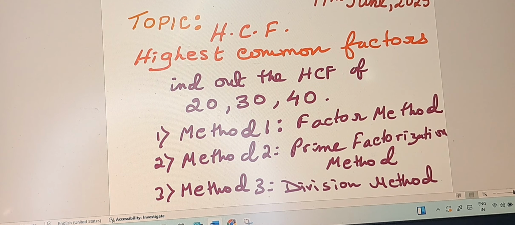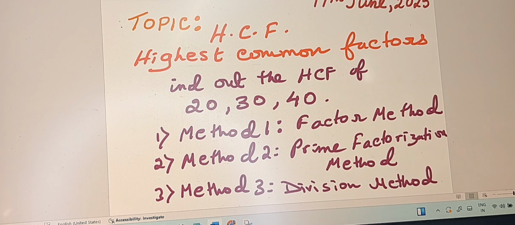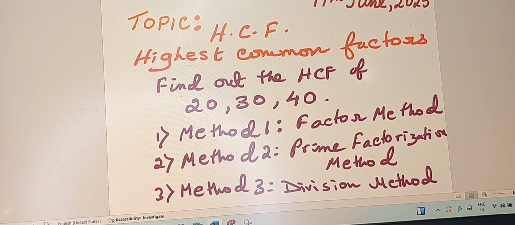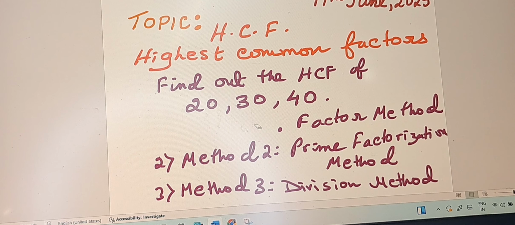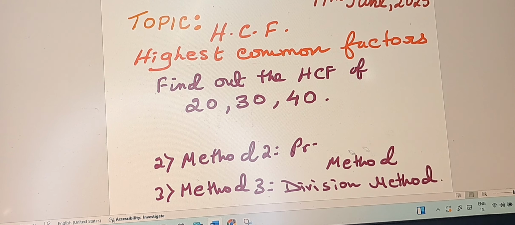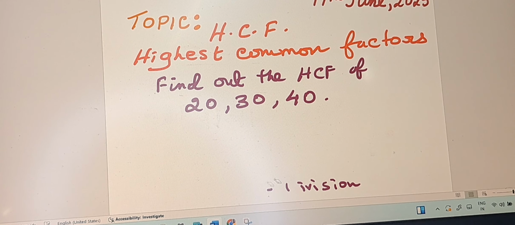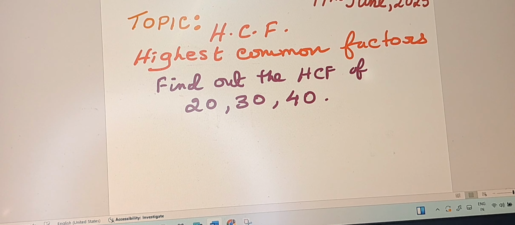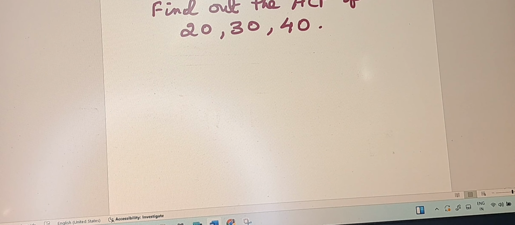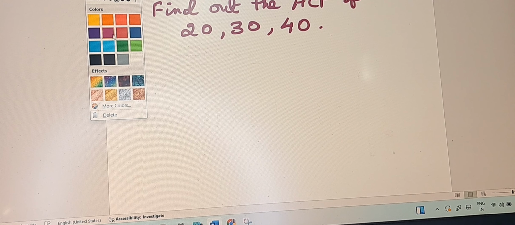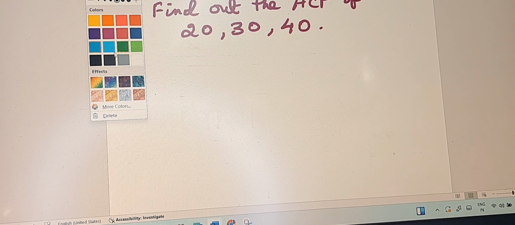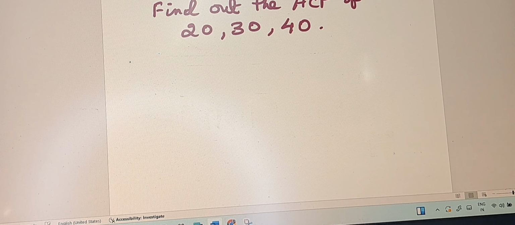So let us check how to find out H.C.F by method 1, that is factor method. So let us check how to find out H.C.F by factor method. So in the first method, method 1,